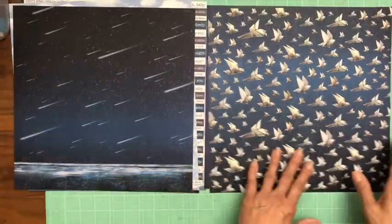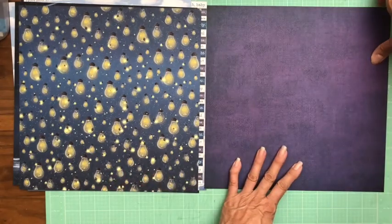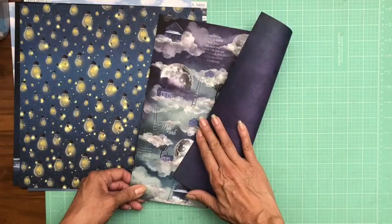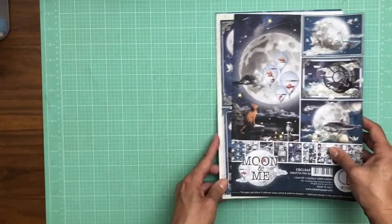Very interesting. Okay, we've got our paper cranes. And there we go. Look at that. Look how nice that goes together. So that is what's called the patterns pack. And then now we're going to flip through real quick. We're going to look at the